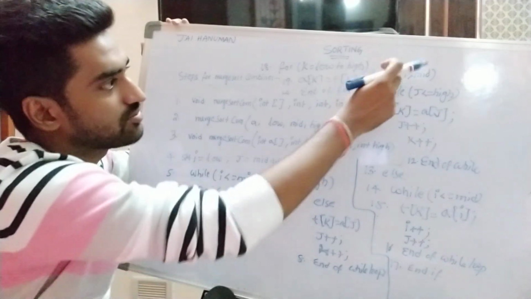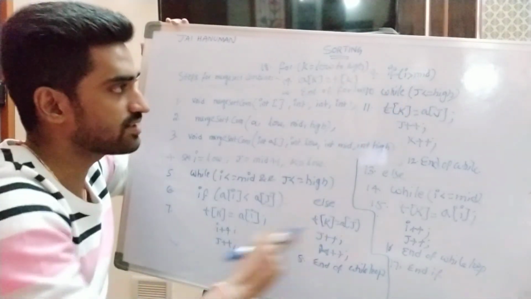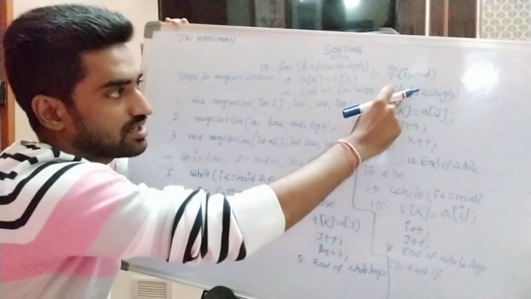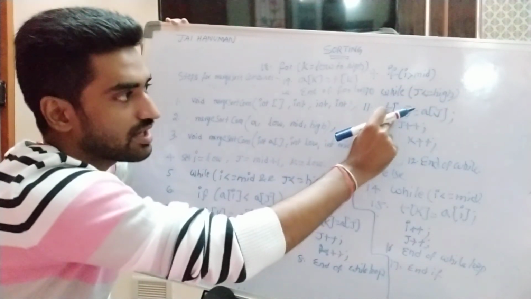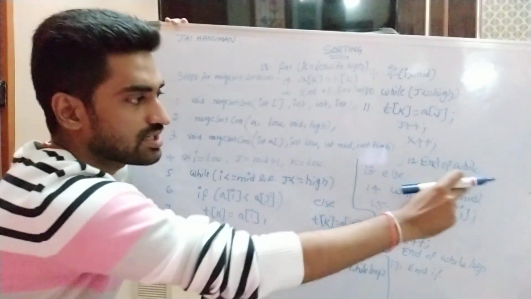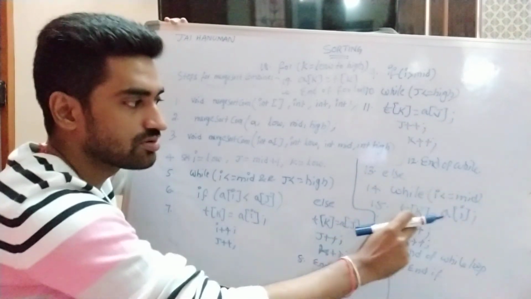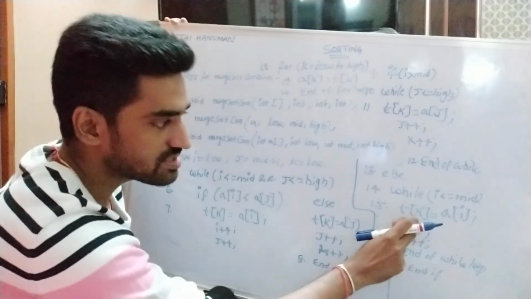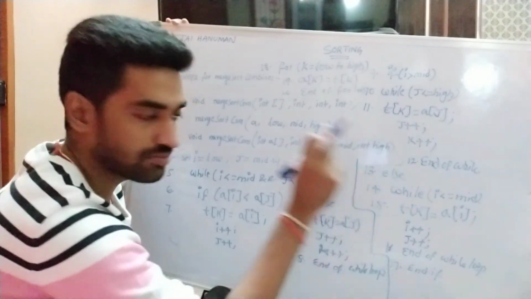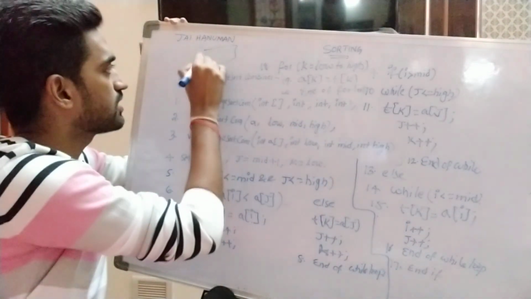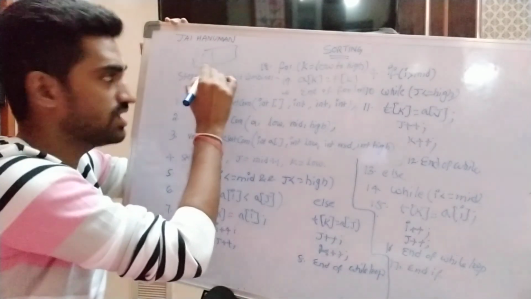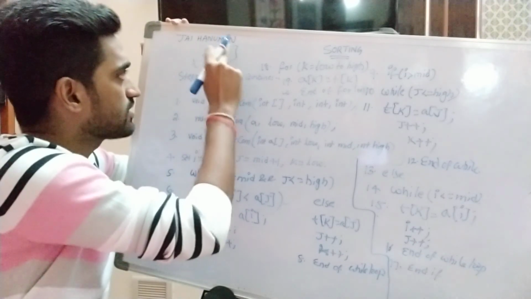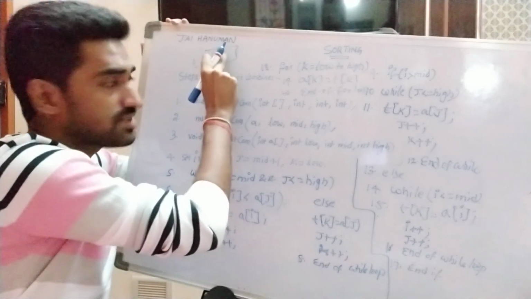Right? Then we are checking one more condition. After completion of the entire procedure, if i greater than mid, this condition is true, the temporary array stores the A of j value. Otherwise, if this condition is true, the temporary array stores the A of i value. Right? So for the temporary array, I am taking t. So t is nothing but the temporary array. For iteration purposes, I am taking the k value. Right? All the sorted array elements which are present in the temporary array